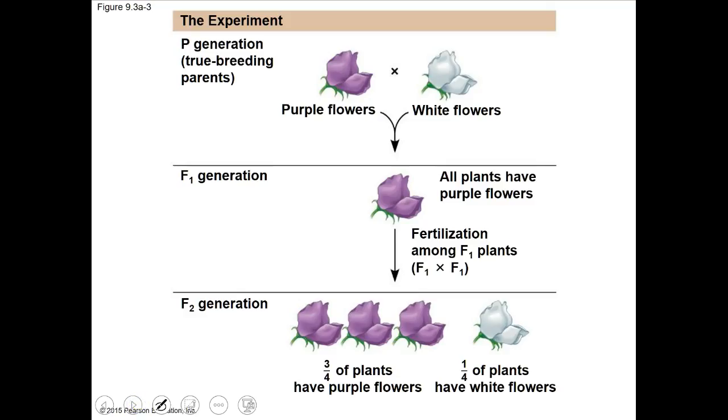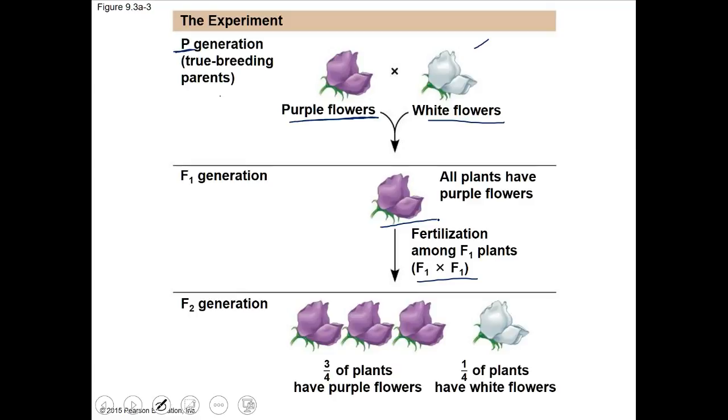Okay, so here's what it looks like. P again is the parental generation. These are true breeding, so all the purple flowers here came from purple flower backgrounds. White flowers all came from white flower backgrounds. When he crossed the two, all of them ended up being purple. We didn't find any white anywhere. It was just purple. Then when he took these first sons and daughters and crossed them together,